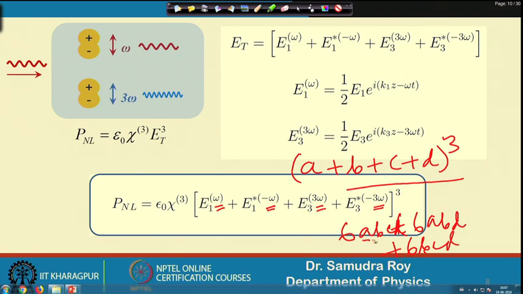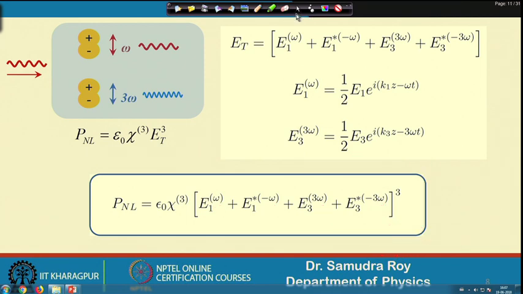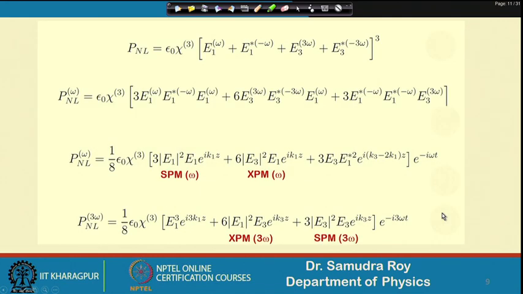ABC are 3 different components, so that is why 6 is there. ABD are different components, that is why 6 is there. So for all different components we have a degeneracy term of 6, which we have already discussed in the previous slide. As I mentioned, there will be many different components, but our goal is to find only a few of them, and these are the omega components and the 3 omega components.